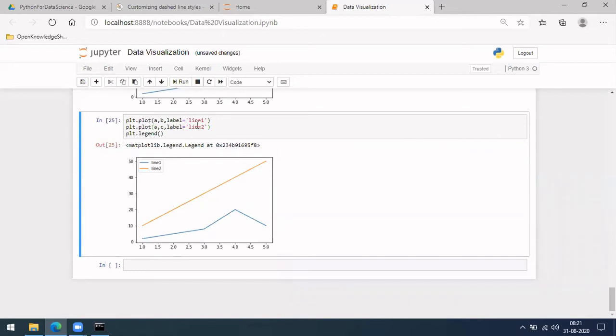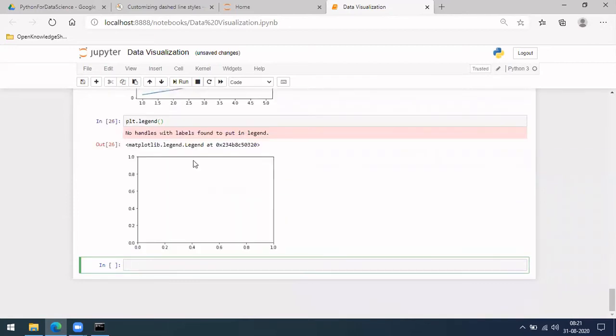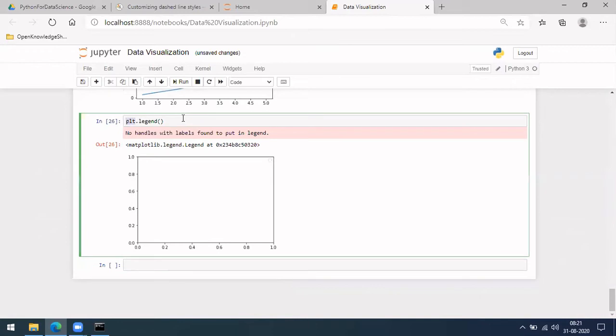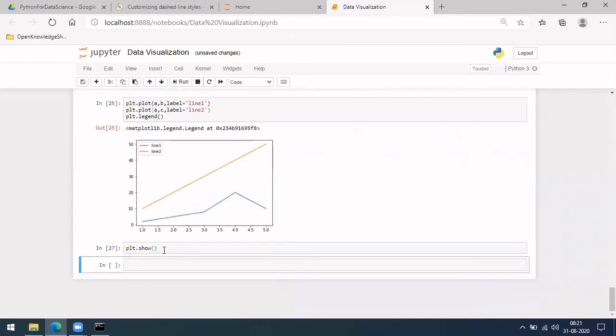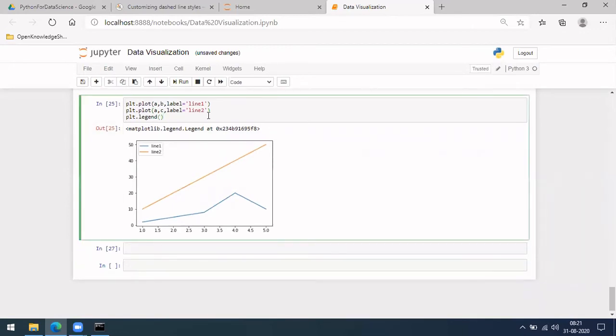So only in case you do plt.legend, you will be getting an empty plot. If you see this, nothing is there. That is why it is giving an empty plot. Usually, in case we want to show the plot, you do plt.show. But as there is nothing over there, it has not shown anything. Okay. So let me do this.